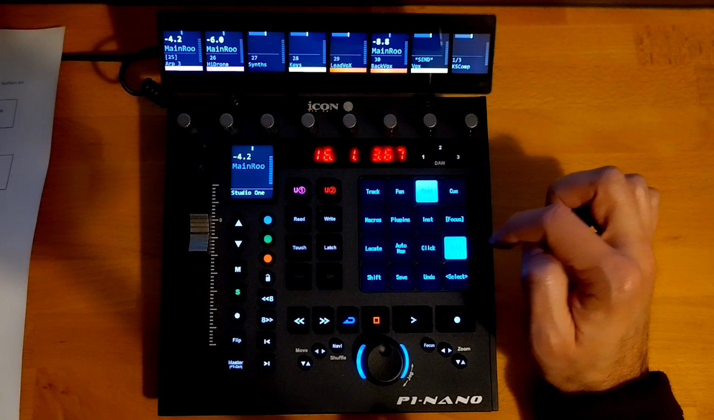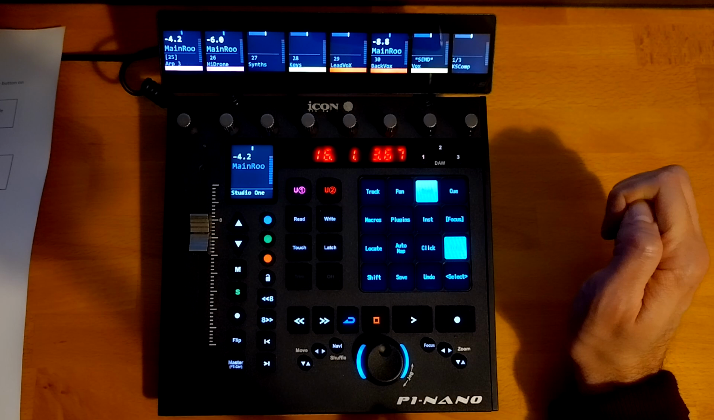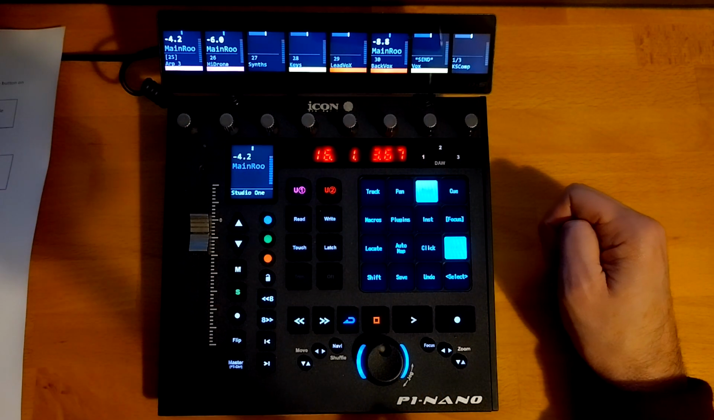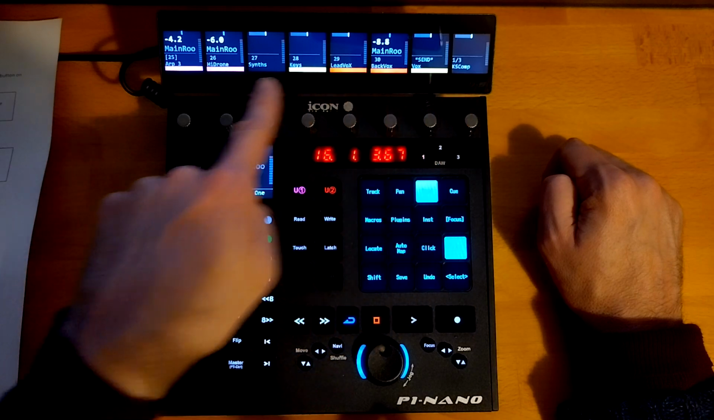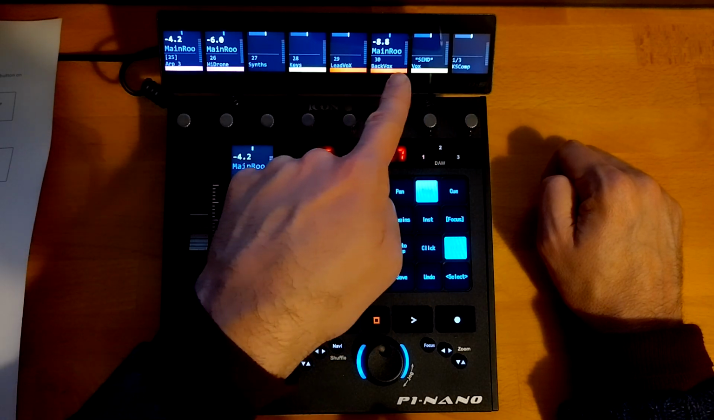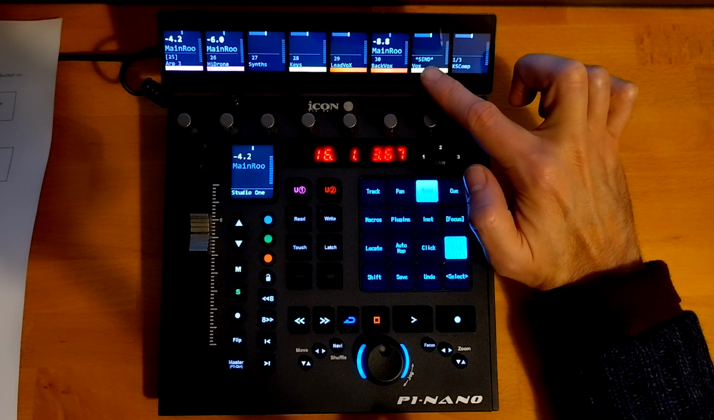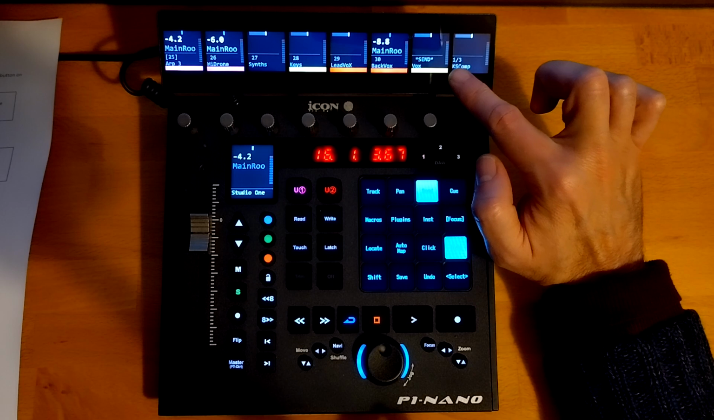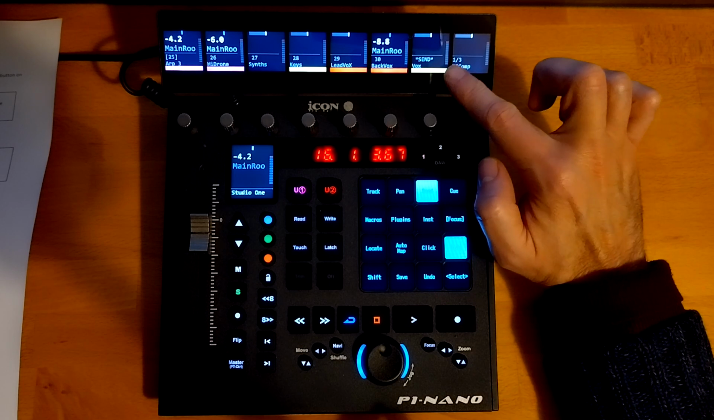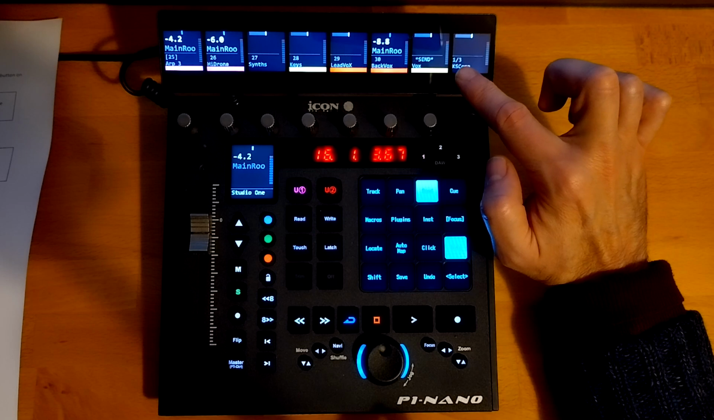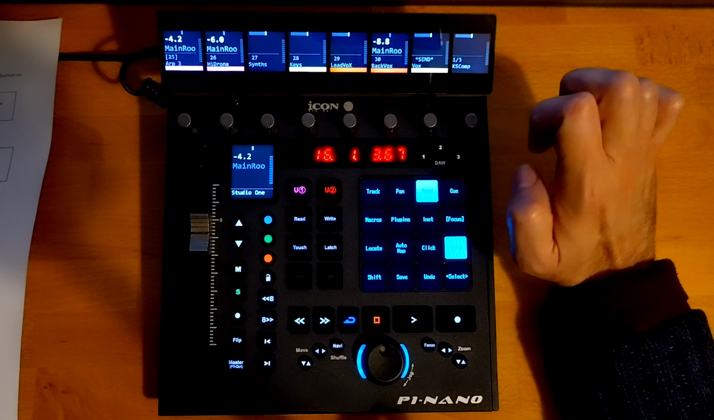So we're now in the send scene, and we are unfocused at the moment. Each channel strip here is controlling a different track. The channel names are at the bottom, and above those are the channel numbers. In the scene indicator here, we can see that we're in send scene, and it's unfocused. And we've got here 1 of 3. What that means is that we're showing slot 1, and there is a total of 3 slots used in